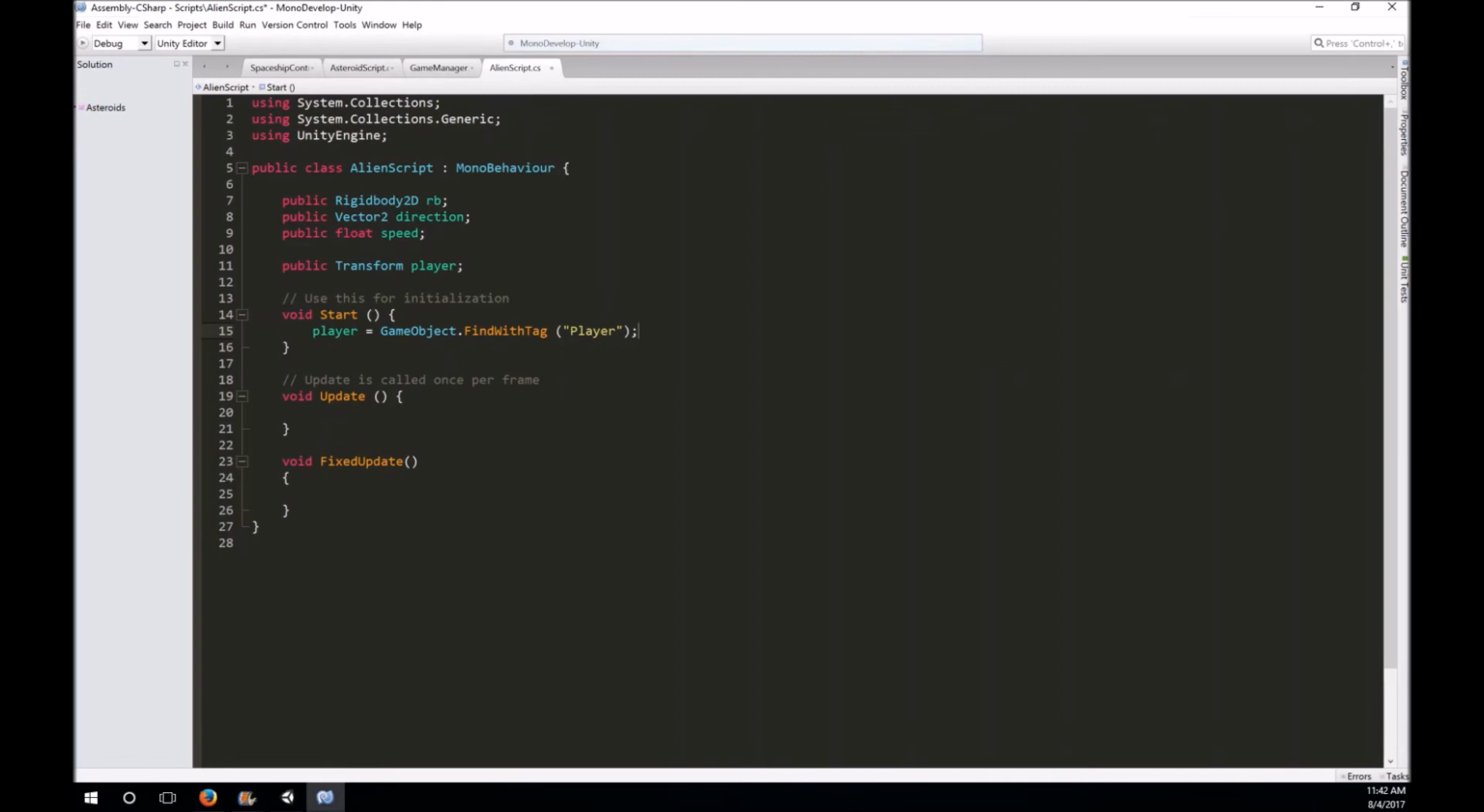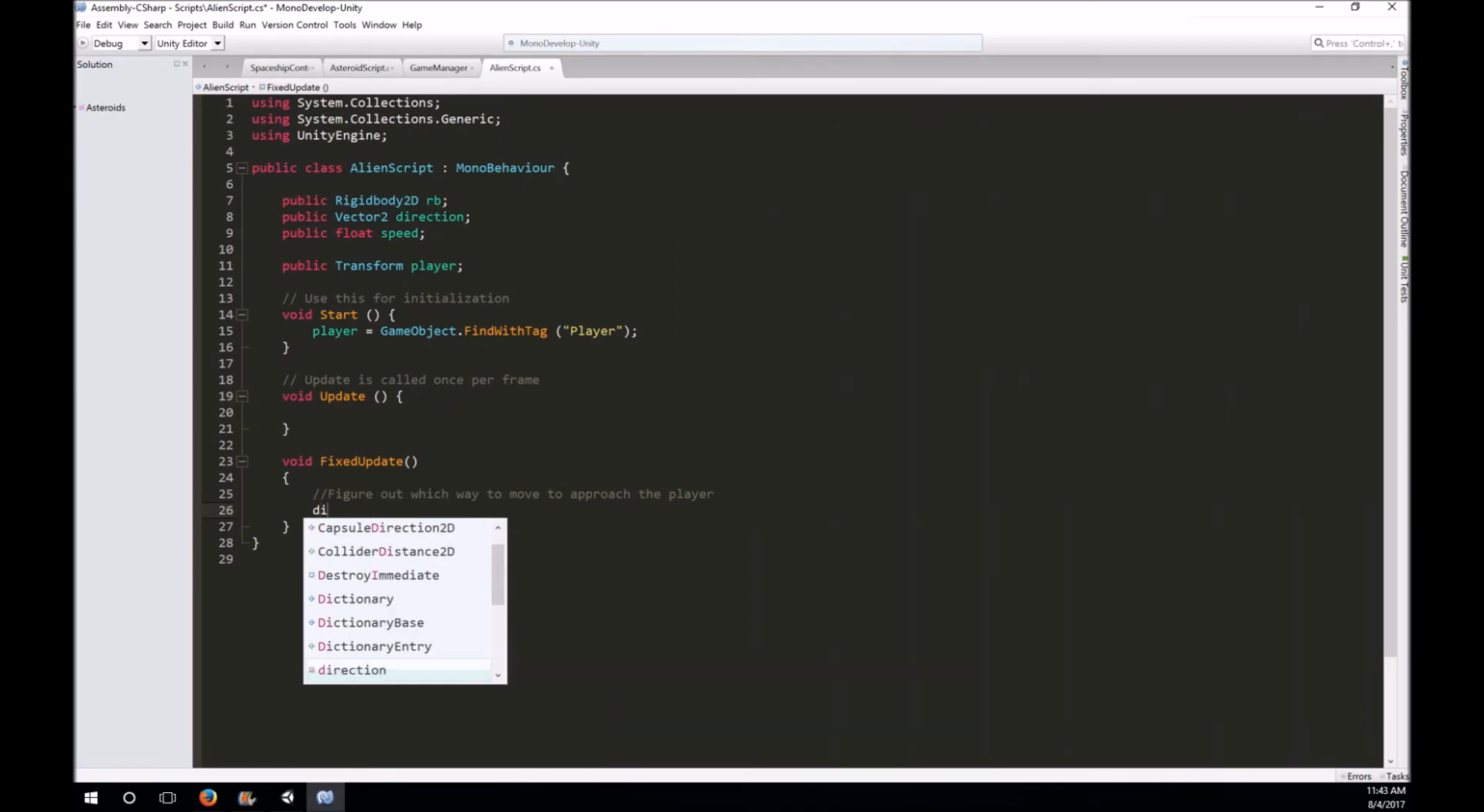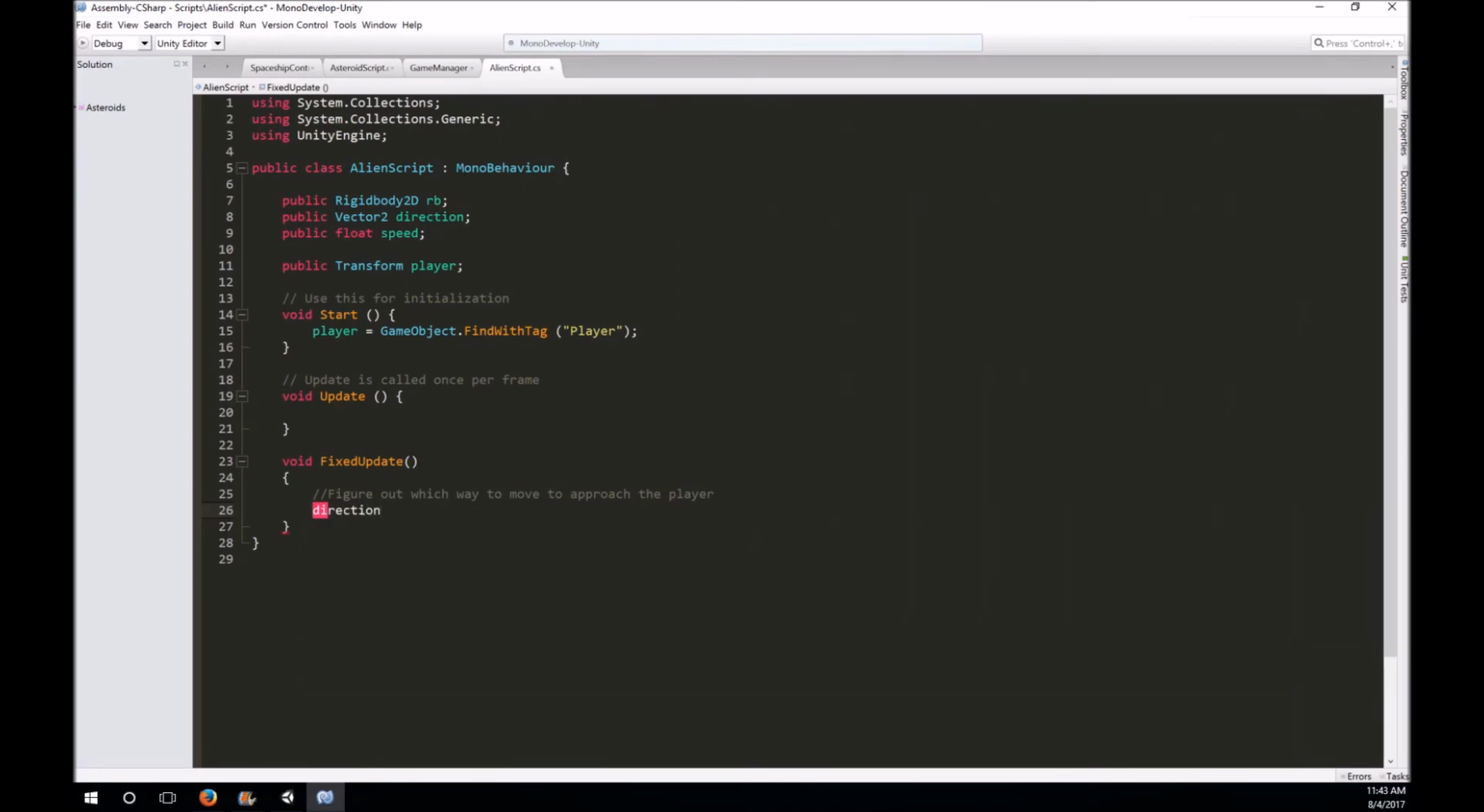Alright, so we've got a link to the player, and in our fixed update, what we're going to do is figure out which way to move to approach the player. Again, what we do is we take where we want to be and we subtract where we currently are to get that number. And we're going to store that in our direction, because direction is going to be which way we want to move. So we're going to say direction equals,